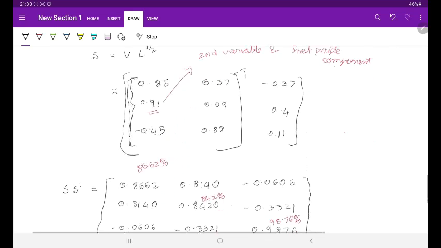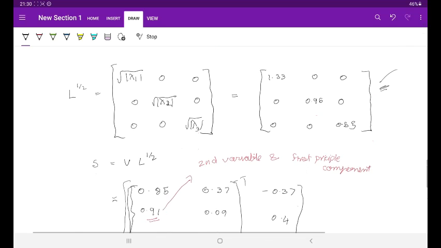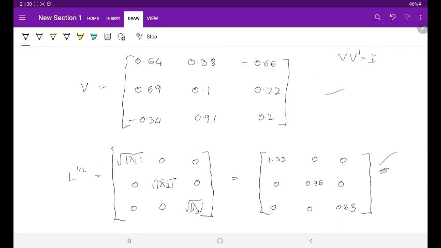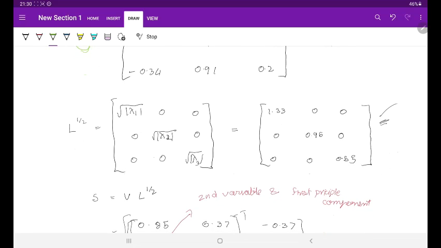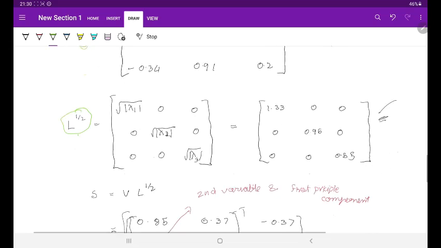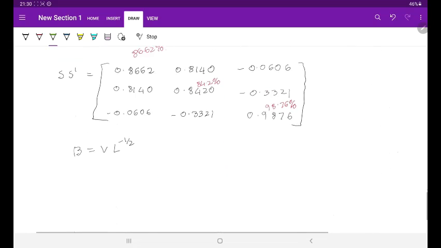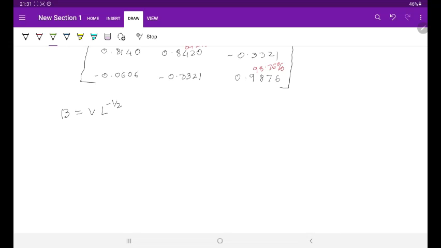So in this step we are multiplying the matrix V with the reciprocal of the diagonal of this matrix. So the value of B would be